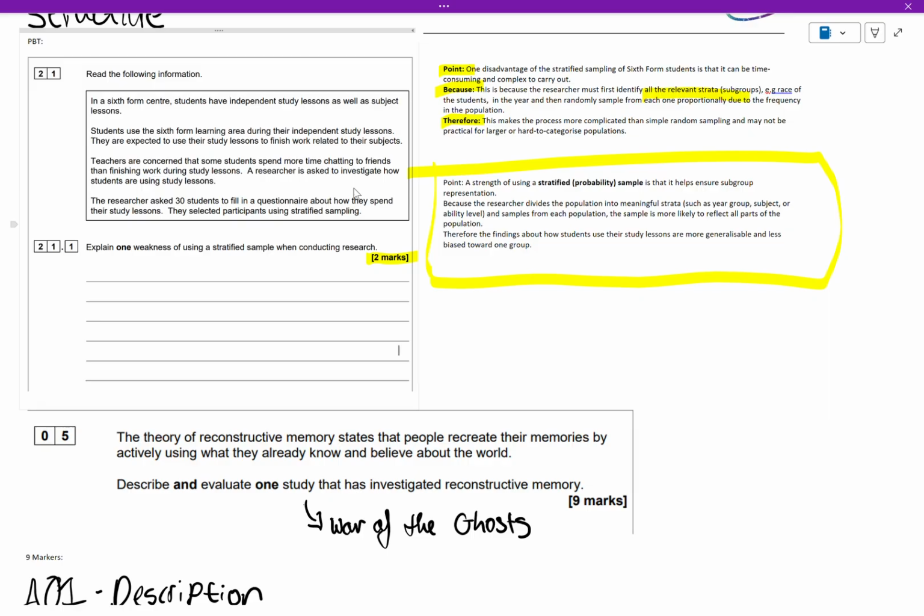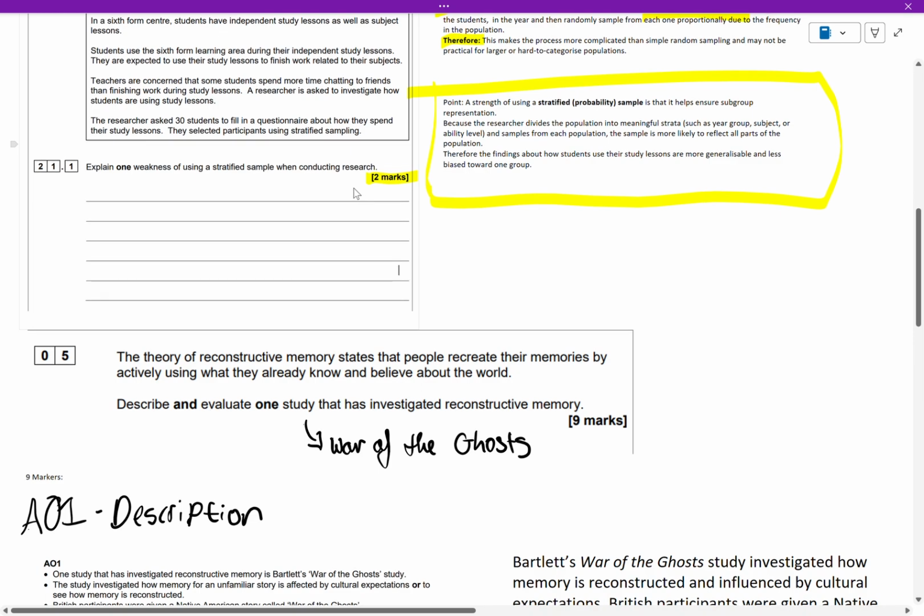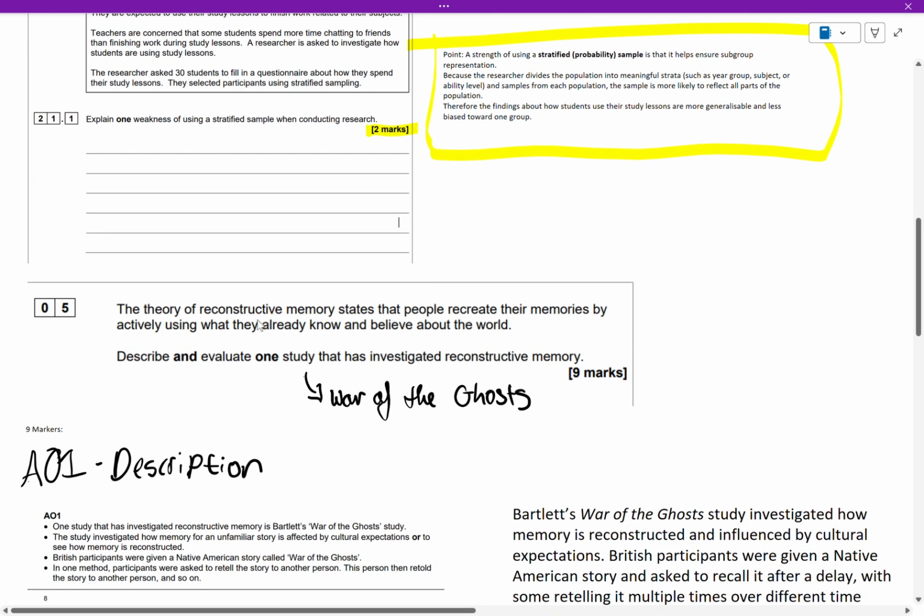Evaluate, for example, or another example may be evaluate the biological approach to depression. It could be literally anything. But in this case, we have our 9 markers. Our 9 markers are our big questions that we need to be spending the most time on and taking a